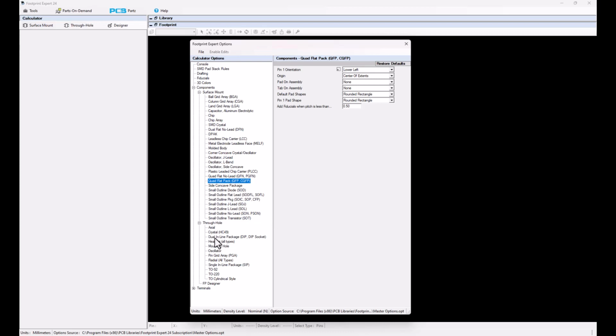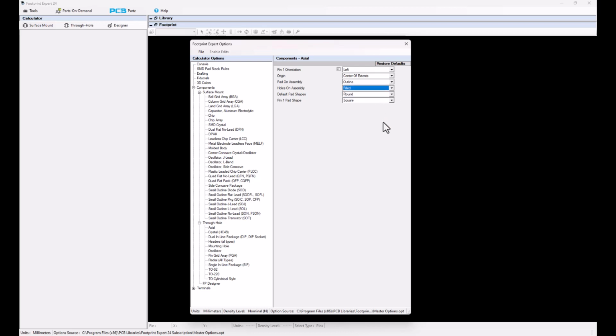The same thing holds for all the through-hole component families, axial lead through-hole, pin 1 orientation. Of course, this is the 2-pin part. Pin 1 is going to be on the left. The origin is going to be in the center, but you can go ahead and put it on pin 1 if you like. Pads on assembly, holes on assembly. Now, because it's through-hole, we have pads and holes. So you can add pads on assembly, and then you can also add the little holes on the assembly drawing too. And of course, you can go ahead and have outline for pads, and you can have solid filled for your holes,